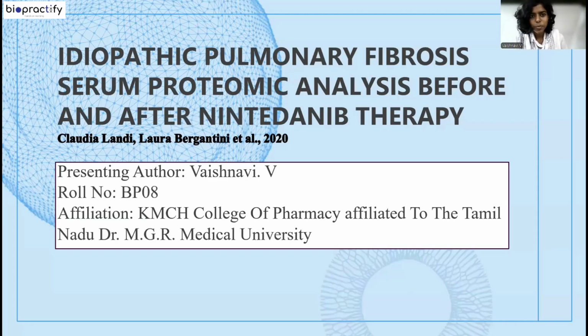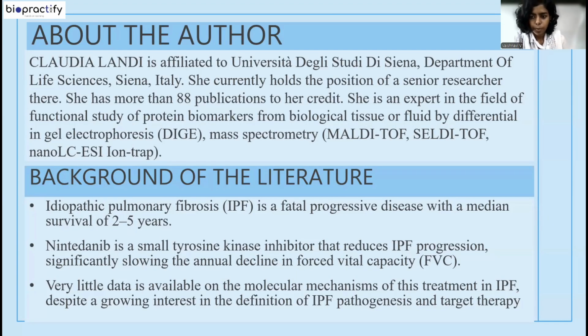A warm welcome to everyone, and my topic is idiopathic pulmonary fibrosis serum proteomic analysis before and after nintedanib therapy. I am Vaishnavi, currently pursuing my B.Pharm at KMCH College of Pharmacy, affiliated to the Tamil Nadu Dr. MGR Medical University. Proceeding with my presentation, the author Claudia Landi has more than 88 publications